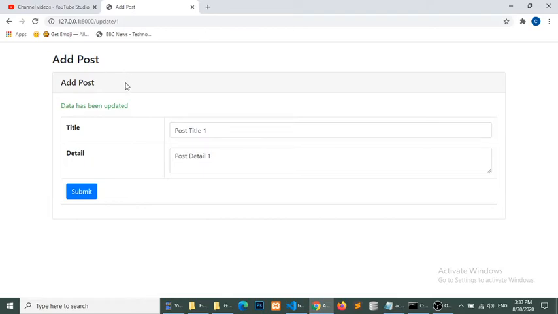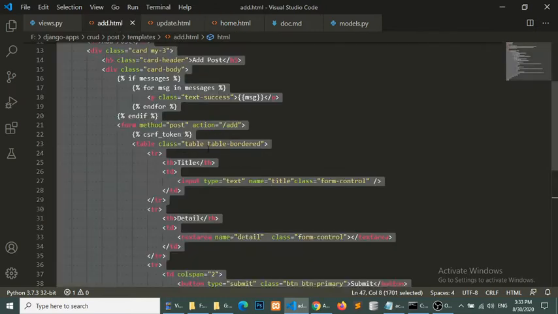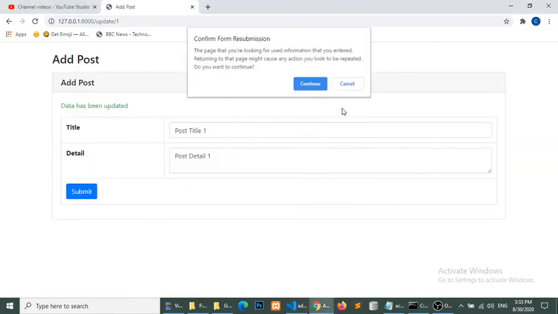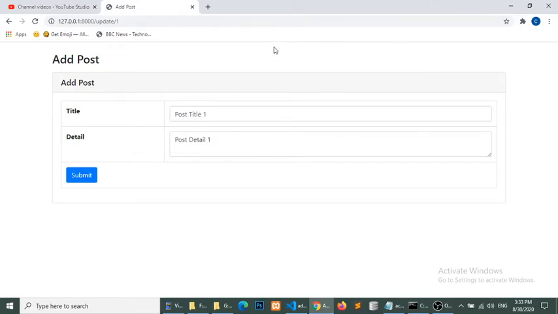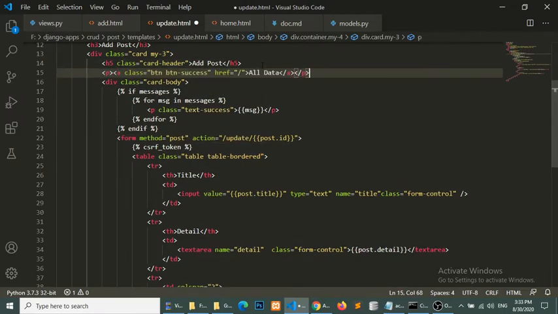On our add template, I will put a list of data. So I will put here all data, and this will be our root file. And also in the update template, we will put the root file. Actually the placement is wrong.